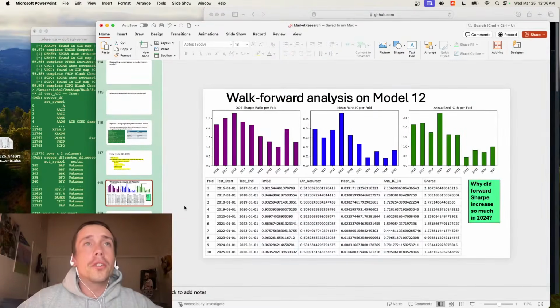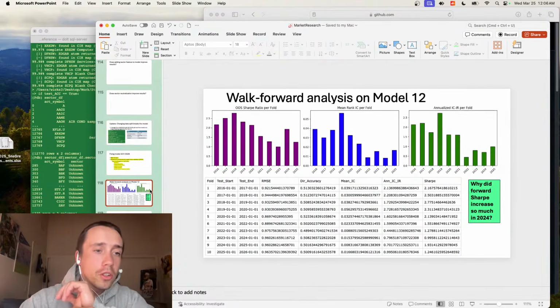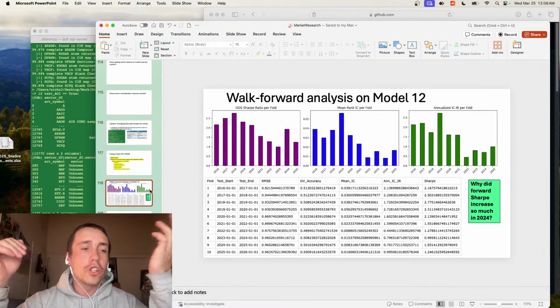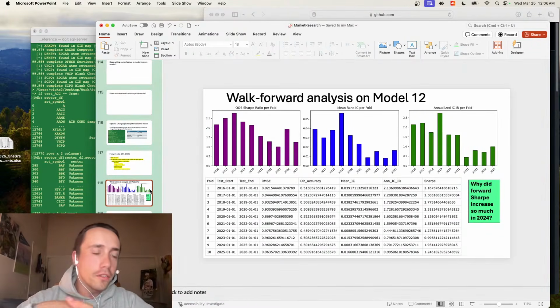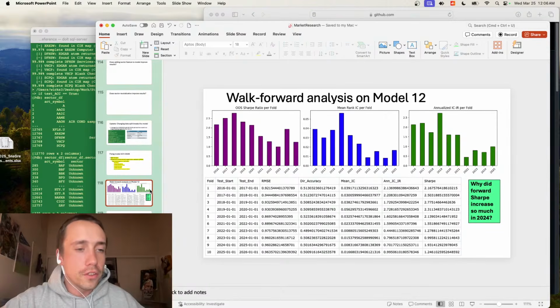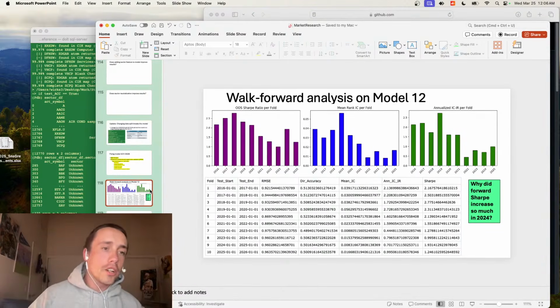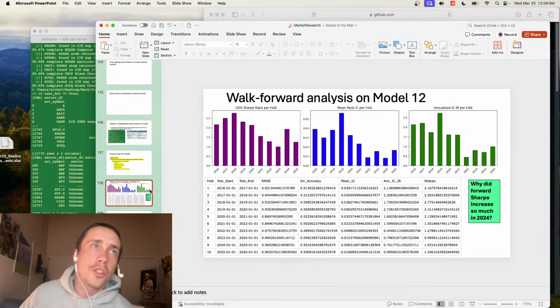So here I need to improve, and I can improve using fundamental data. The problem is the data set I'm using, which has really good price data, isn't as good for fundamentals. It's missing fundamental data for some of the stocks in the data set, and I don't want to omit any of them. So I'm going to need to find a data source which has it. Again, I'm trying to use free stuff, so I'm probably going to have to query the SEC Edgar database. This is going to be really complicated for fundamental data because there are a lot of features I want, and so writing that code is going to be very complicated.